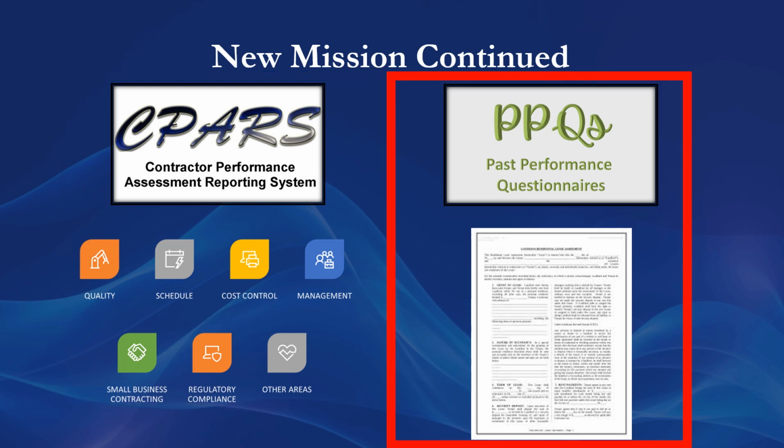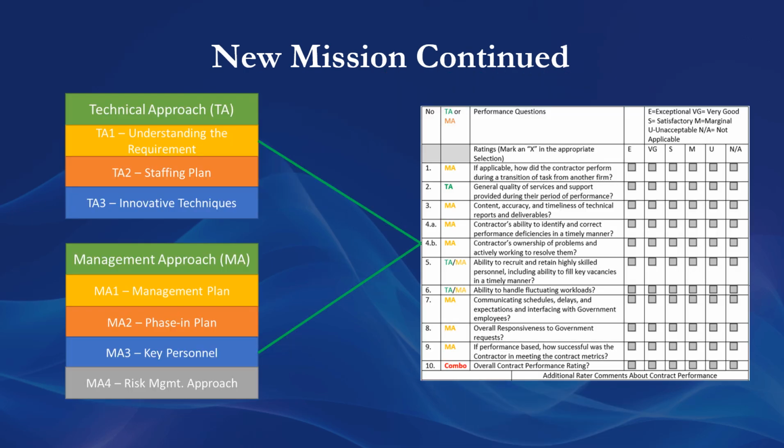Even though the official source of past performance information is CPARS, many agencies collect information via past performance questionnaires. A past performance questionnaire is a custom form designed to collect the precise, up-to-date information the agency wishes to assess from vendor customers. The reason that past performance was so encouraged in the new legislation is that the government and